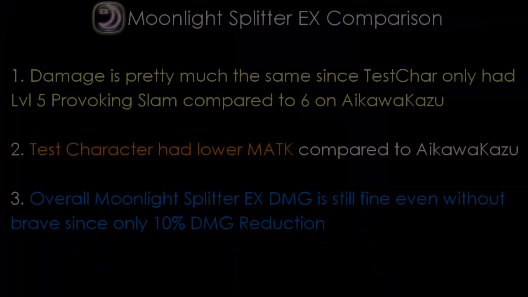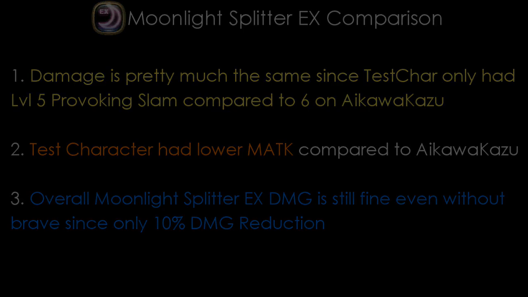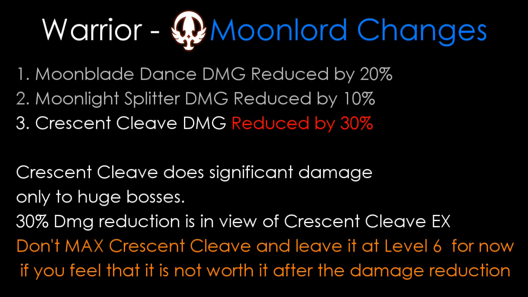Similar to Moonblade Dance, the damage reduction to Moonlight Splitter did not really affect much at all. Even without Brave, you're looking at around 2,000 to 3,000 damage difference only. As you can see so far, the so-called damage reductions to Moonlord core DPS skills isn't much of a big deal. Now, Crescent Cleave damage reduction of 30% is definitely significant to that skill particularly, but personally, aside from fighting